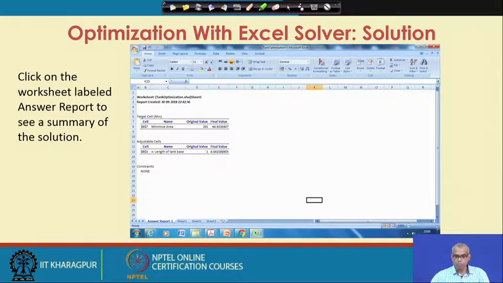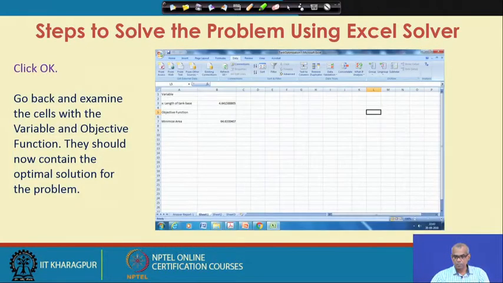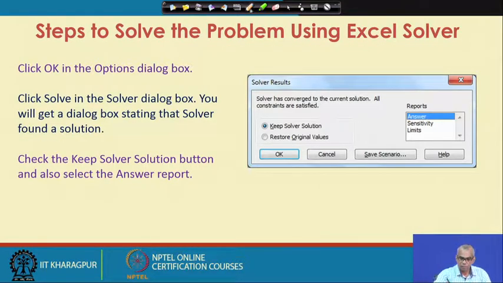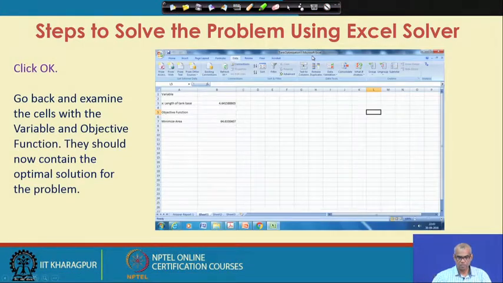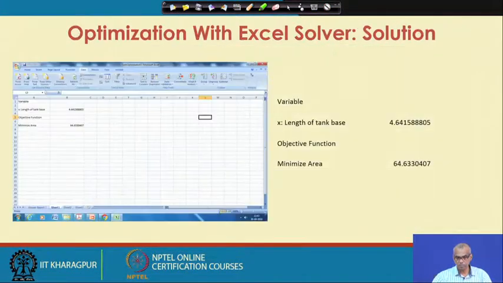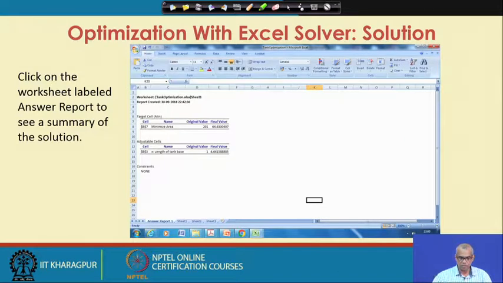So, this is the answer report. Note that you clicked on keep solver solution and answer. So, this is the solution and this is the answer report. Click on the worksheet level answer report to see a summary of the solution.